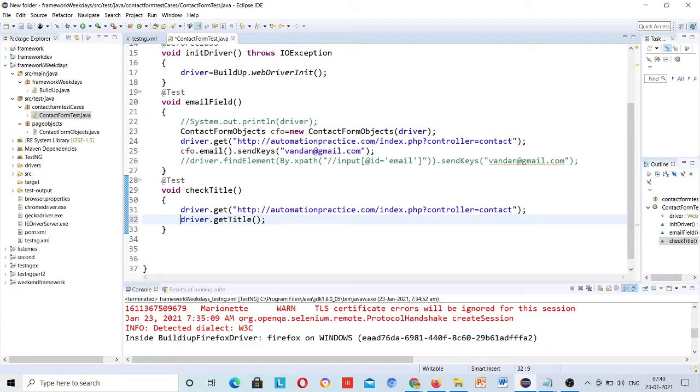That will be in the form of a String. So just store it as the website title and put an assertion here.